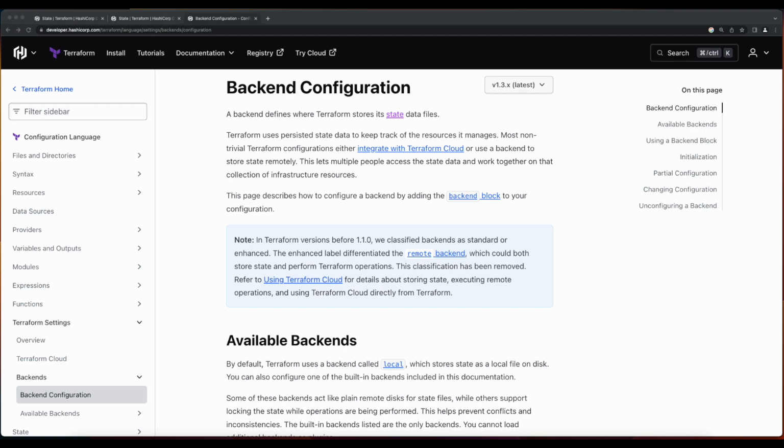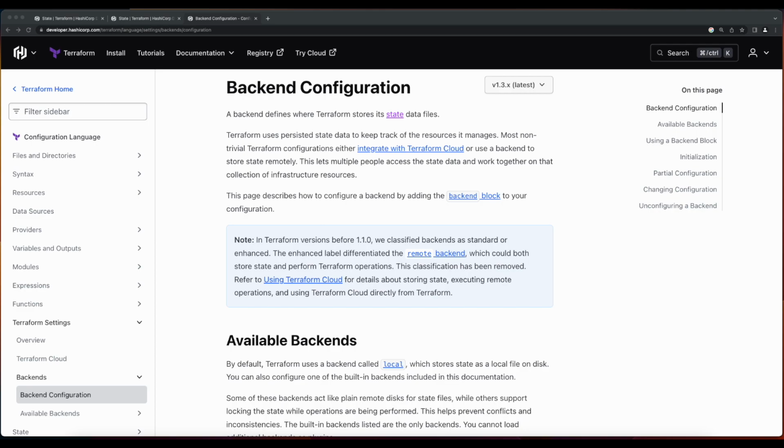Now, as mentioned, by default, the tfstate file is stored locally in your project's working directory. And this mechanism for storing the state file is called a backend. And when Terraform stores the state on your local machine, it's referred to as a local backend. Now, using a local backend is adequate for a single developer or for testing, but not really useful for collaboration